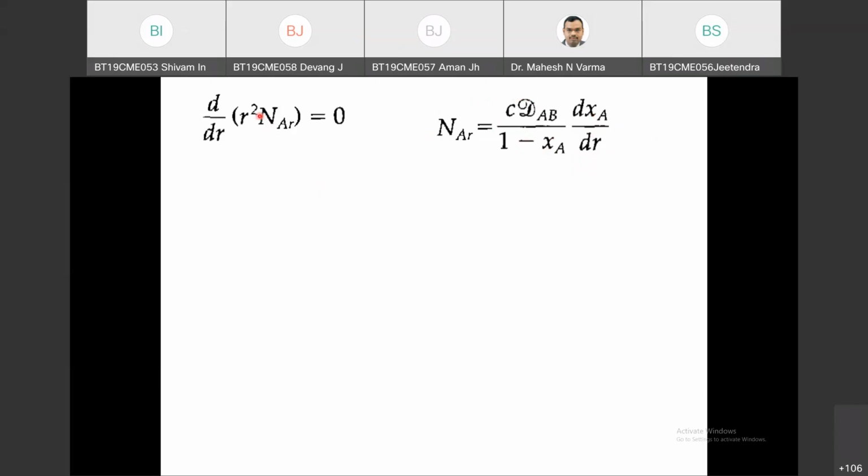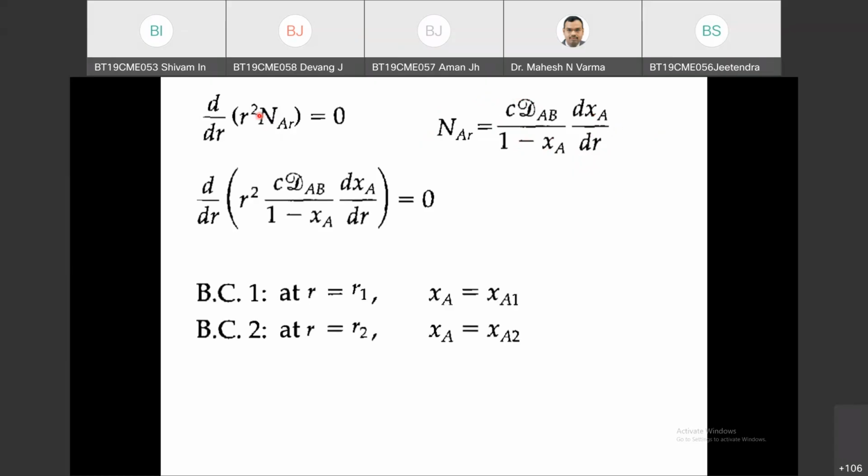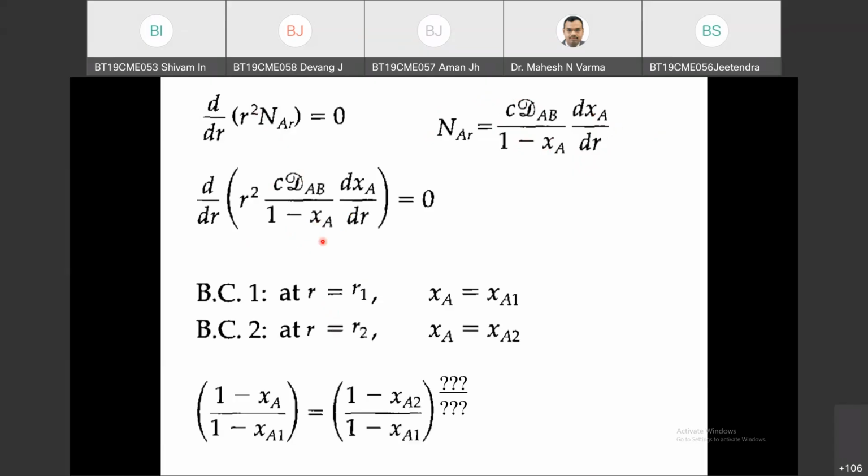Now substitute this equation in this equation, rearrange, and integrate. Integrating this equation twice and substituting the boundary conditions, we get the flux profile in this format. At R equals R1, XA will be equal to XA1. At R equals R2, XA will be equal to XA2. So XA1 can be estimated by using saturation,